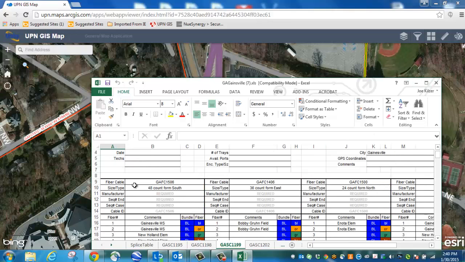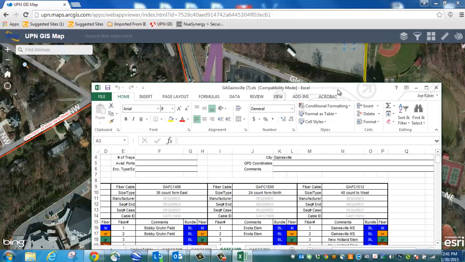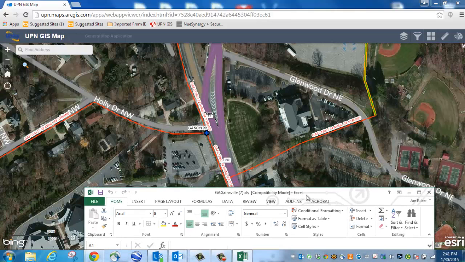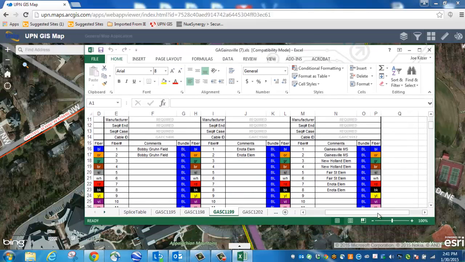And you'll notice that the fiber cables are given those unique ID numbers. So this is 1512 over here. And you'll notice if you scroll over, 1512 right here. If I were to look at other numbers, that's 1500 right there, or 1406, or 1506 right there. And so if I wanted to see what was coming from 1512 and going to 1406 into this building right here, or past that building right here, it doesn't look like anything's going into that building, but if I wanted to see what was coming from here to here, I would just simply go back to the document and look at